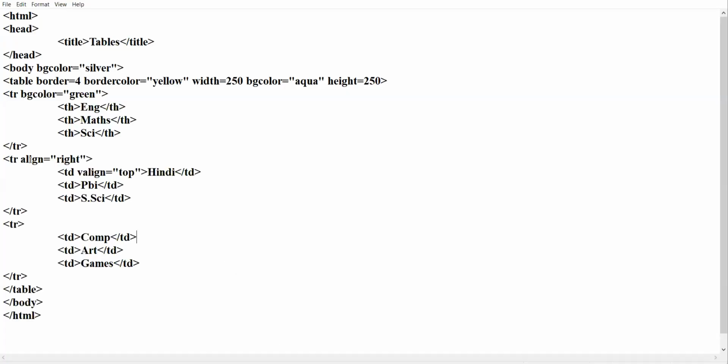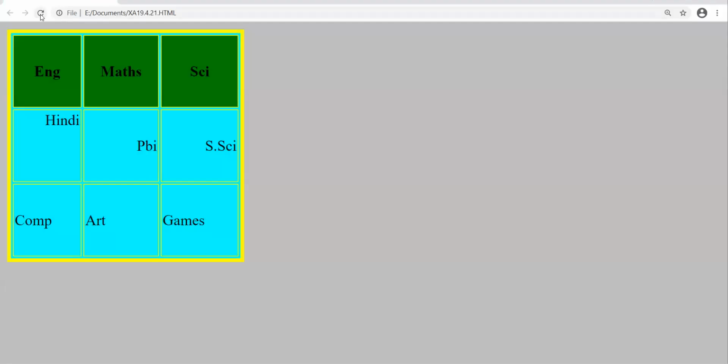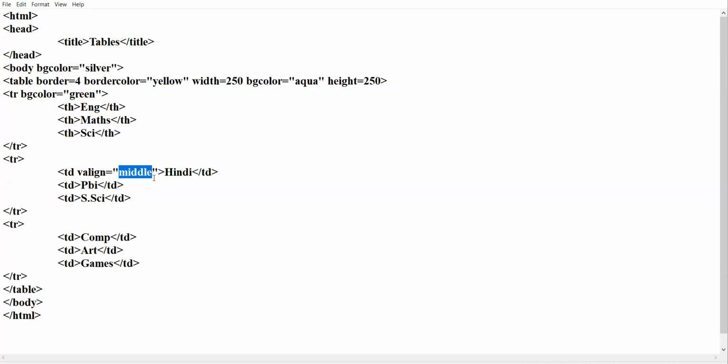Now I am giving the value middle. Okay. Now I am giving the value bottom.